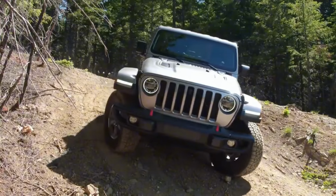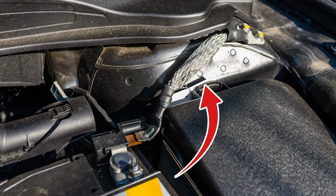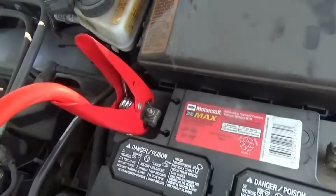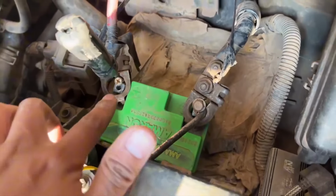Extending the life of your car battery isn't rocket science. It's about forming a few simple habits. Driving regularly, keeping the battery clean, choosing the right one, and checking up on it from time to time. The truth is, batteries don't have to die young. With just a little care, they can last twice as long, saving you money, stress, and those annoying moments when